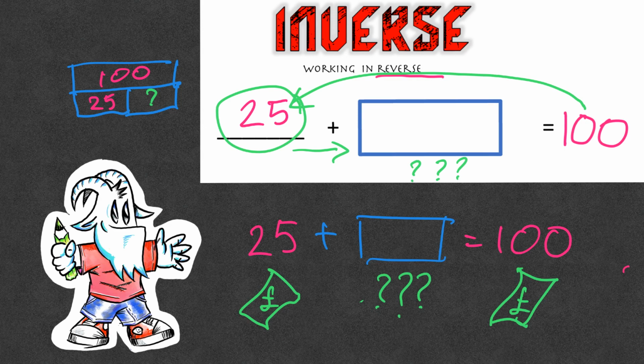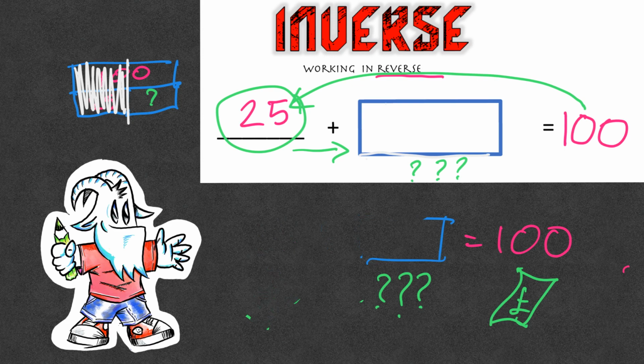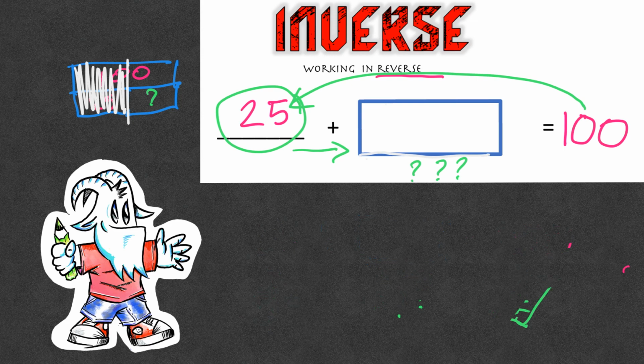So if I cut off the part of 25, that will be the remaining. So if I want to use inverse, what I would have to do is I would have to subtract 25 from 100 in order to find that missing part. So I would go 100, take away 25,